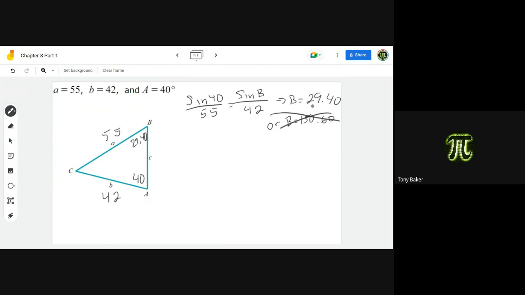Yeah, because it's always going to be in that first quadrant piece. So you're always going to get one. That answer is always going to work. It's the second answer that might not work, because that's the one where you're over that 90 degrees, and that's where you start to run into the problems. So then we can use that one